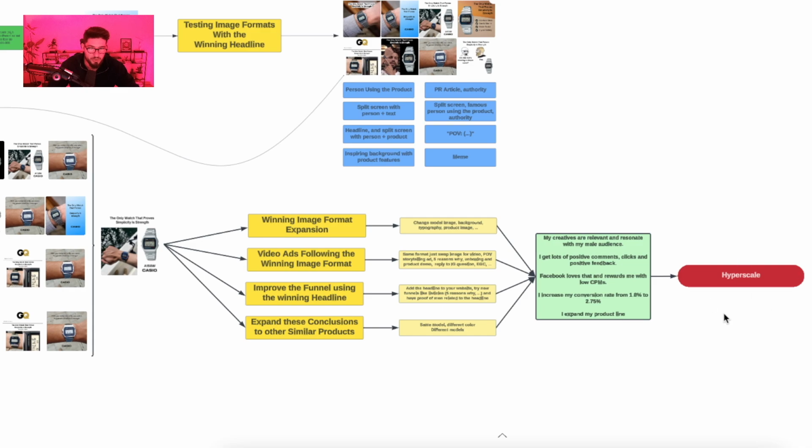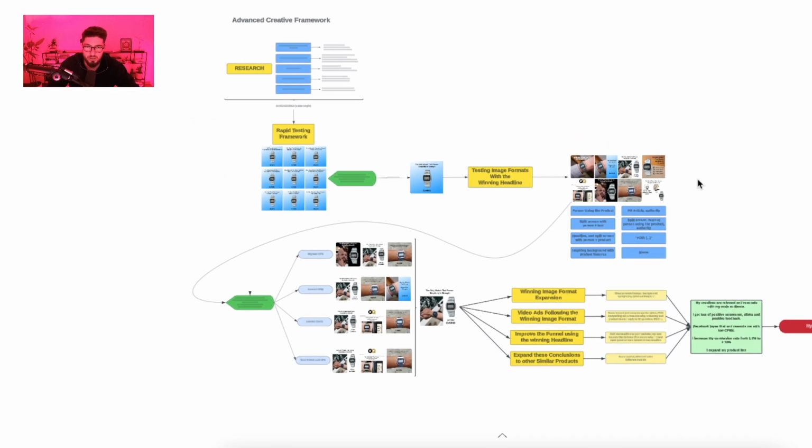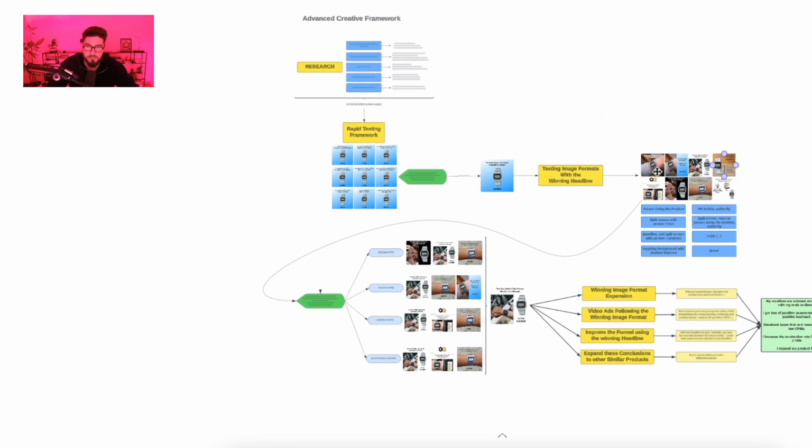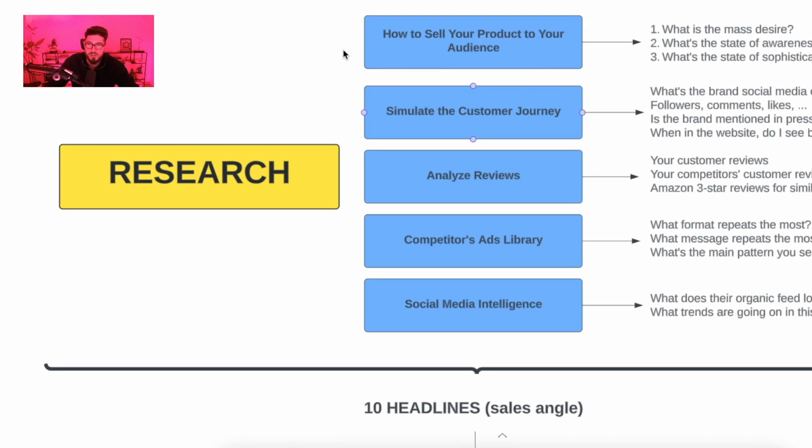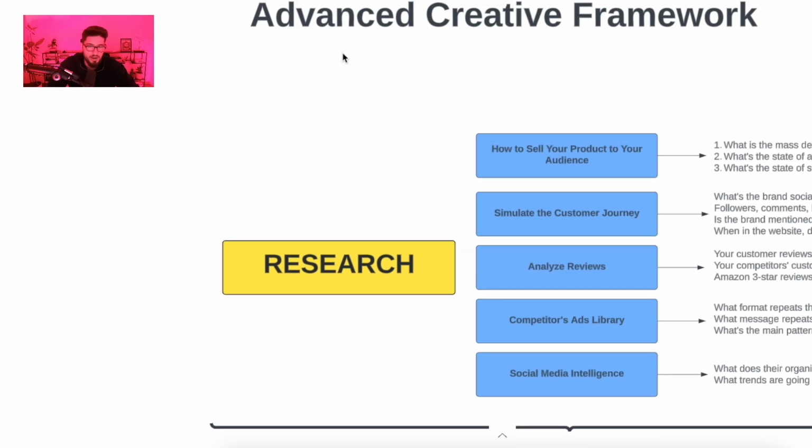And then you reach hyperscaling. So this is the general overview of the system, the process that I follow. There are a couple of things here that are recurring, and there are a couple of things that you only have to do once. So let's go into it. And so the very first thing is research. And the very, very first thing